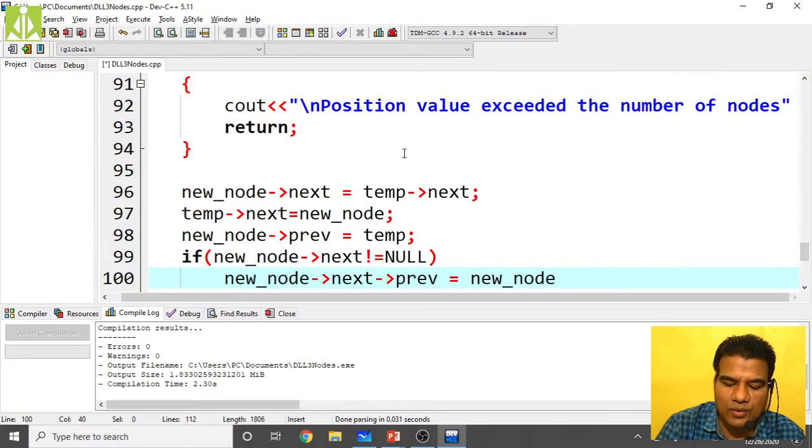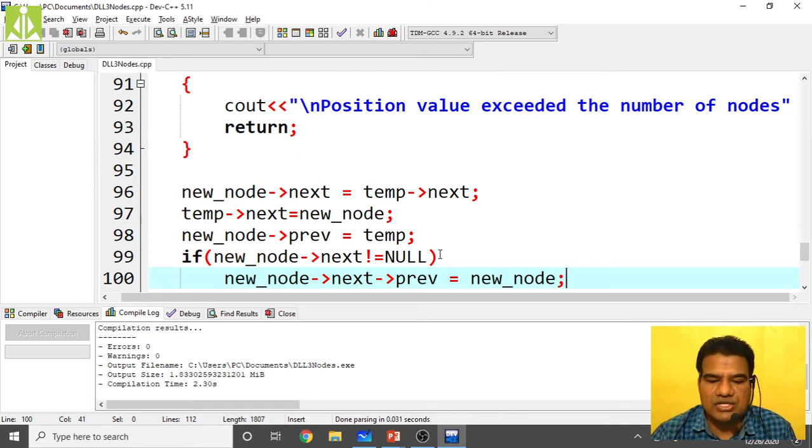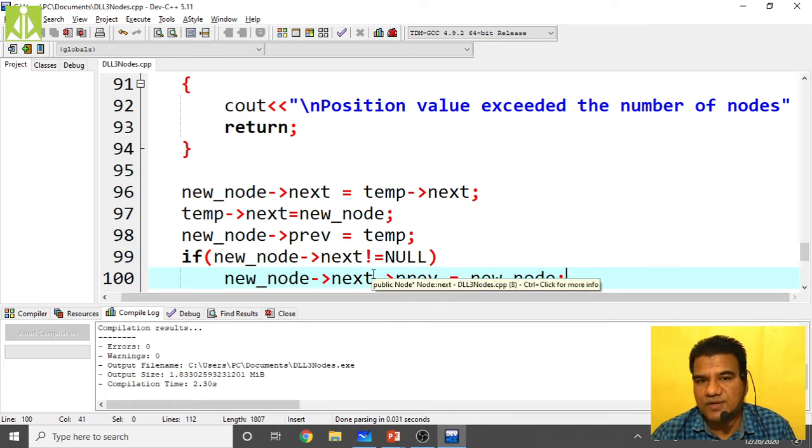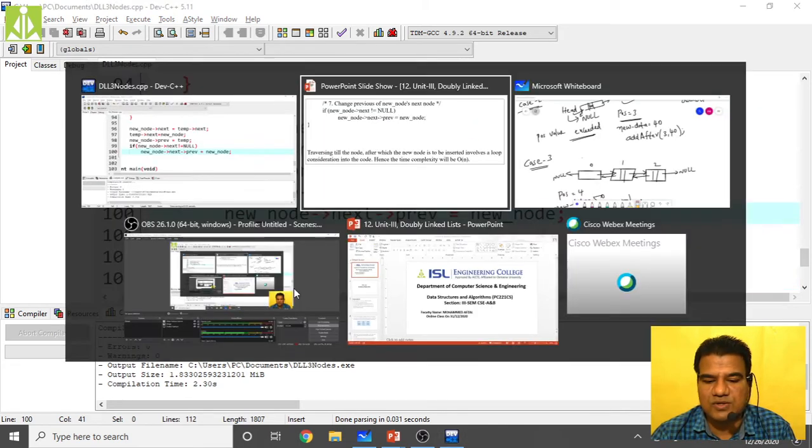So like this you have to do the correction, because you can go with the temporary pointer also, since the temporary pointer will point to the same thing and new node will also point to the same thing. So temporary pointer of next of previous, or new node of next of previous, you can say either.